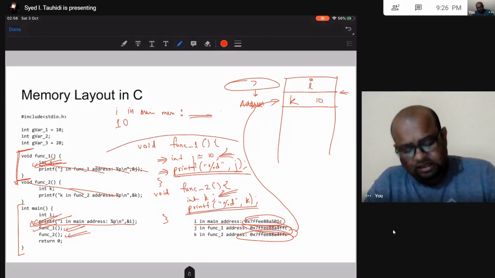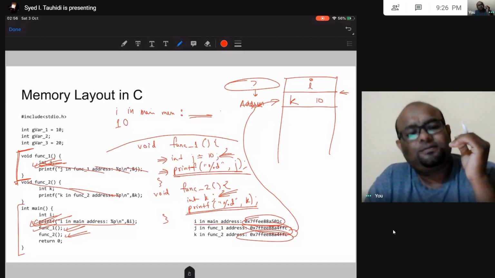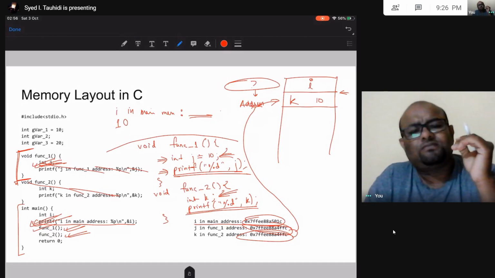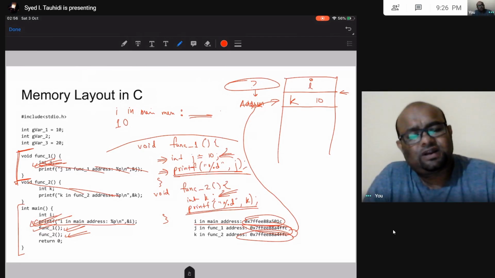So next line, what do I have? I have %d k. So I am going to print the value of k. Now, yes, I did not initialize k, and therefore, logically speaking, this line is going to print some garbage value, right?